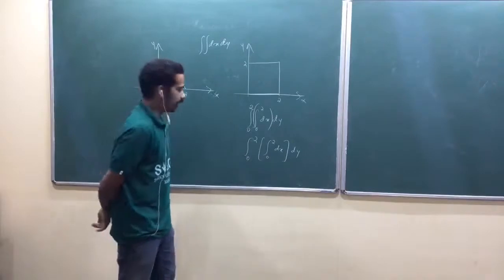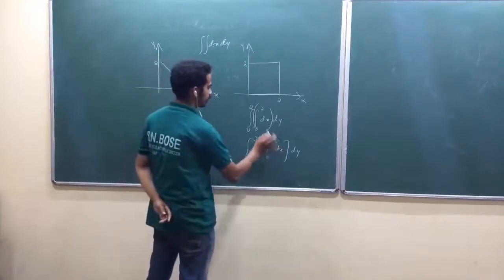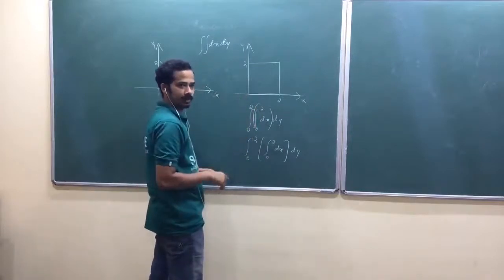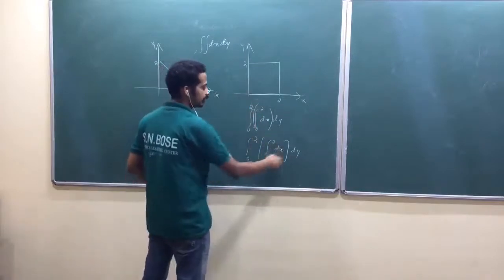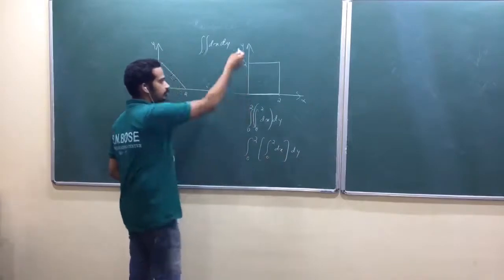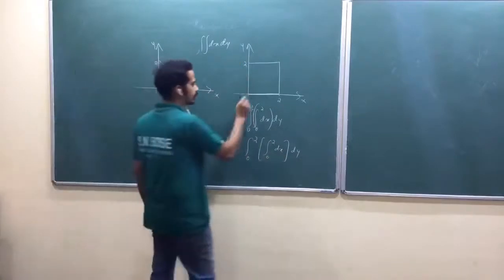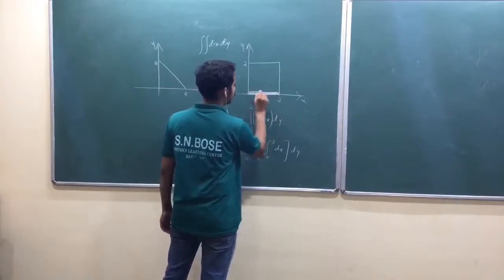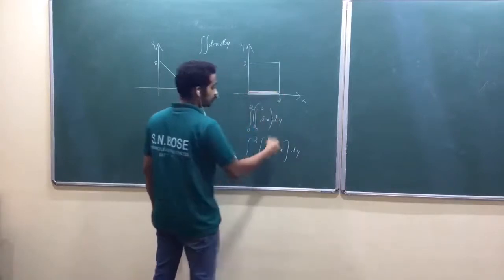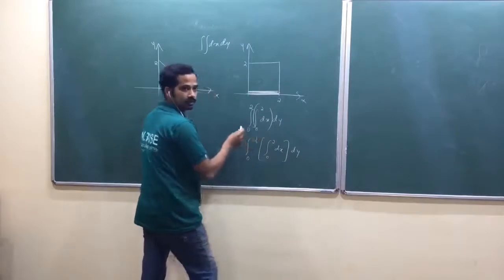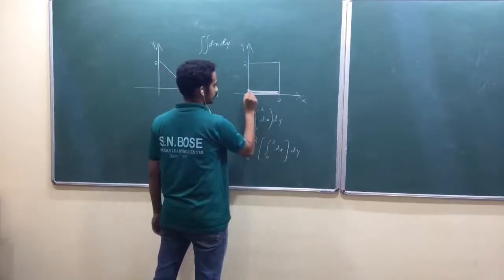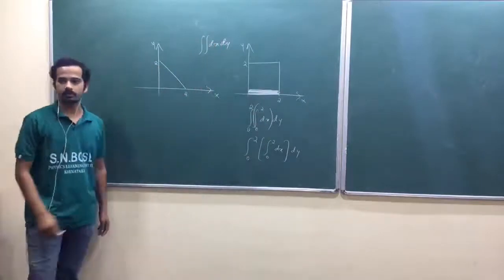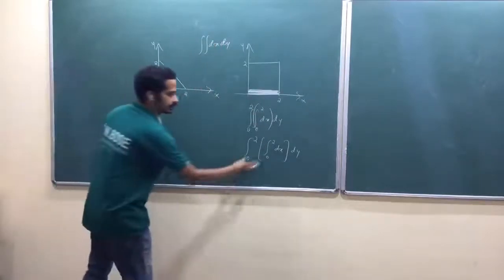Am I right? So after this, look here. This length is multiplied with dy, isn't it? And you are integrating that from 0 to 2. That means you are adding these lengths like this. Are you getting my point? In the second part of the integral, you are adding these lengths along the y-axis, so that you will get the total area. So that's how it works actually.